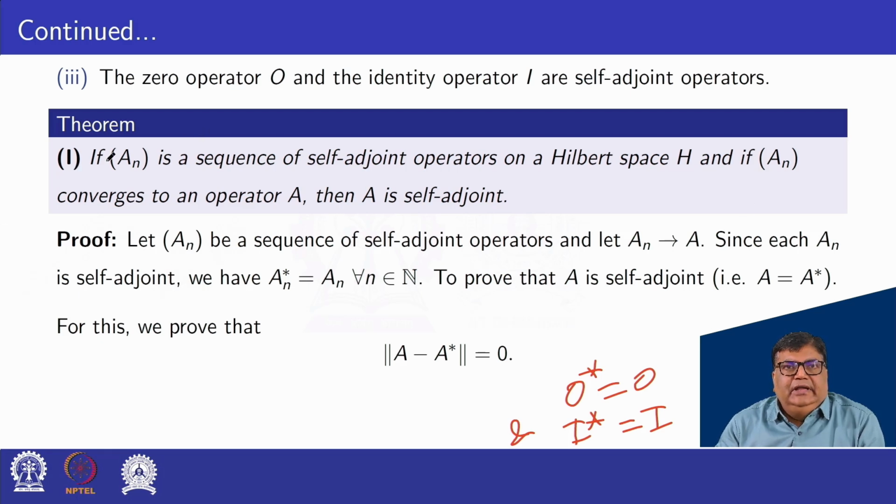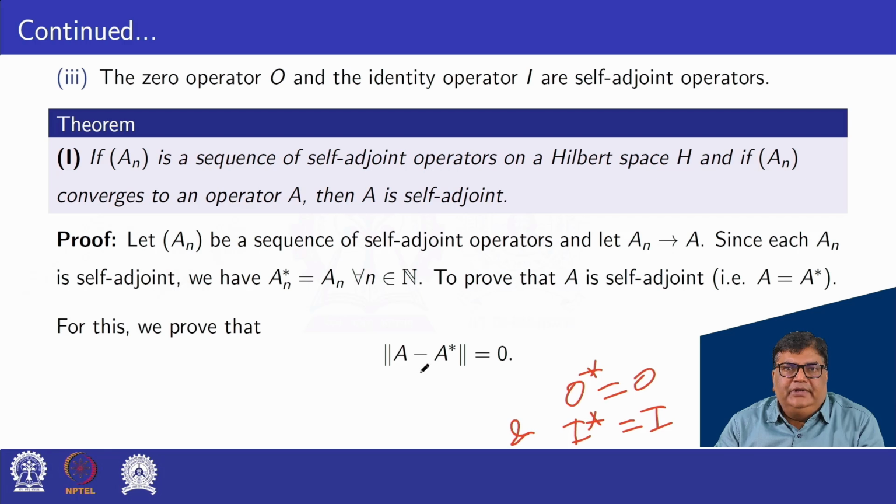Theorem. First, if An is a sequence of self-adjoint operators on Hilbert space H, and if the sequence An converges to an operator A, then A is self-adjoint. Proof. Let An be a sequence of self-adjoint operators and let An converge to A. Since each An is self-adjoint, we have An star is equal to An for all n belonging to N. To prove that A is self-adjoint, that is A is equal to A star,